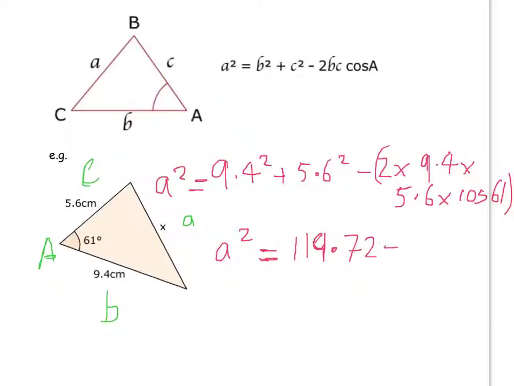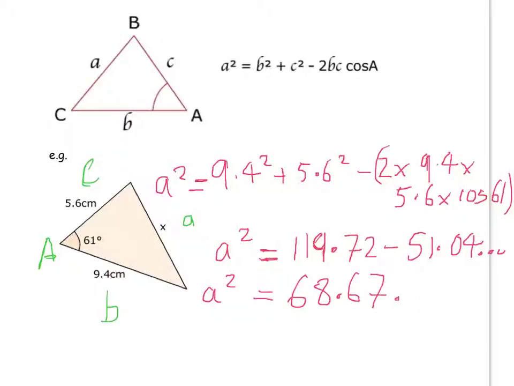you get 119.72. And if you tidy up the bit here in the bracket, then you get the value roughly 51.04, because that number is probably going to carry on for quite a while, because cos of 61 isn't a nice rational number. So remember to use your answer button on your calculator. If you do 119.72 minus 51.04, you end up with